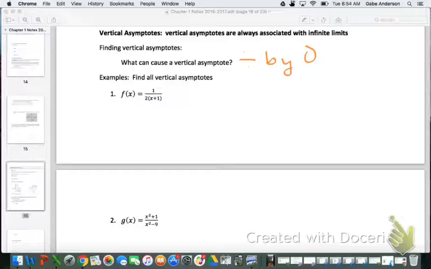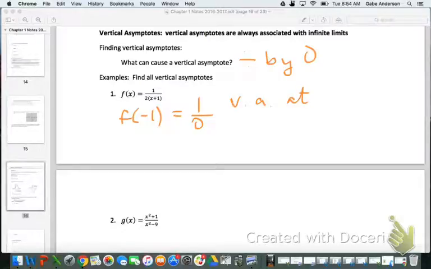So why don't you guys try numbers 1 and 2, looking for any and all vertical asymptotes. Okay? Give it a shot. Macy, for number 1, what'd you do? I did f of negative 1 because then it Okay, f of negative 1 equals what? 1 over 0. And then what's your conclusion? There's a vertical asymptote